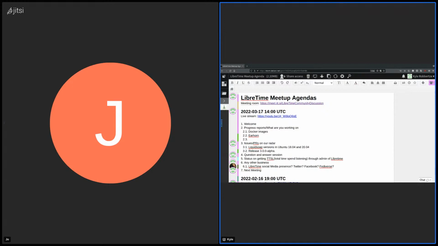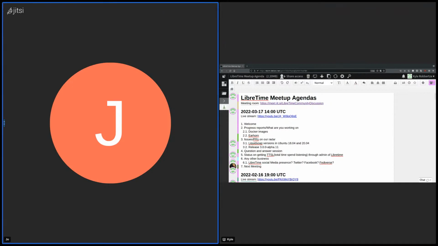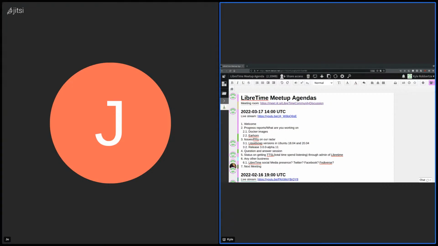If I can't get that fixed in the next day or so, I'd like to maybe just make a note of it as a known issue, and we release Alpha 11 as is. Okay, that will mean that we strip down the Ubuntu support. Yes, it would mean people would have to download and install a deb of a known Liquidsoap version, which may end up having to be the case for 22.04 as well.